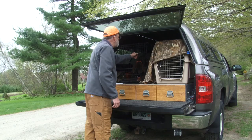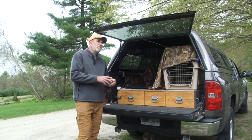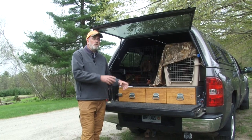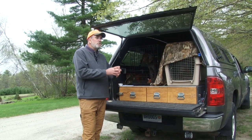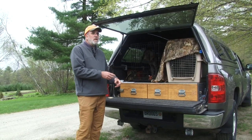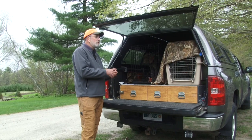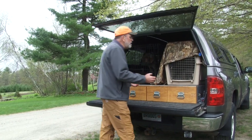So you're all set. The other thing I like to do is feed my dogs in the crate. This comes in very handy when we're traveling on the road. If we go someplace where the dogs have to be in a crate or kennel, I want to be able to feed them there. It adds to the comfort for them. It makes the place seem more secure. So when we go to feed in the crate,